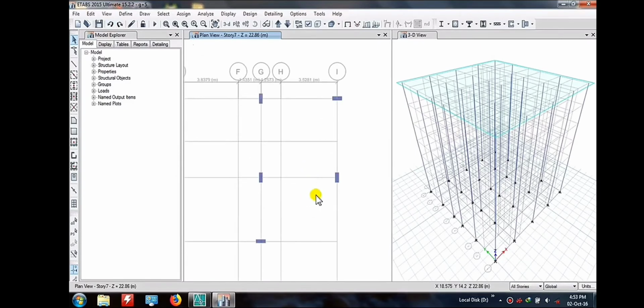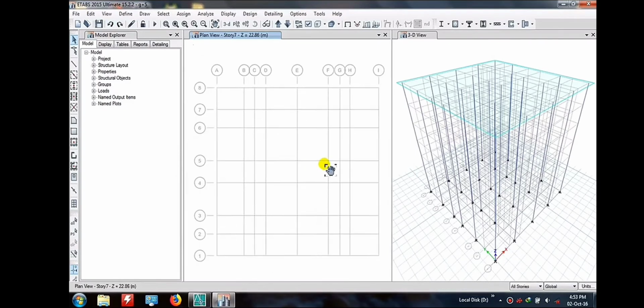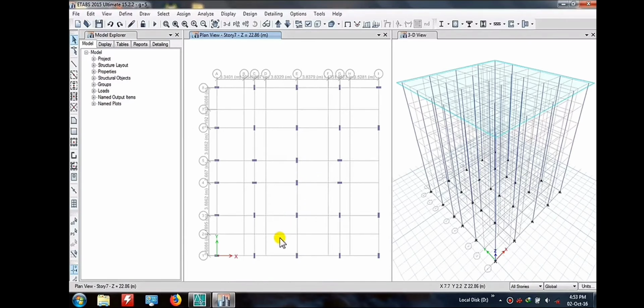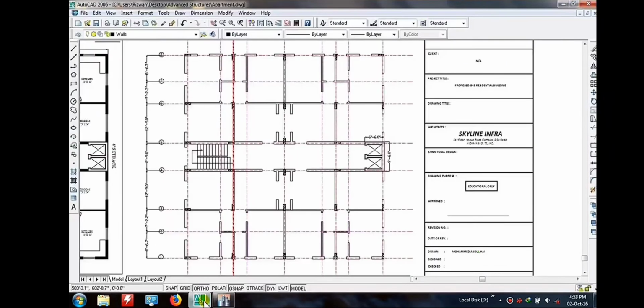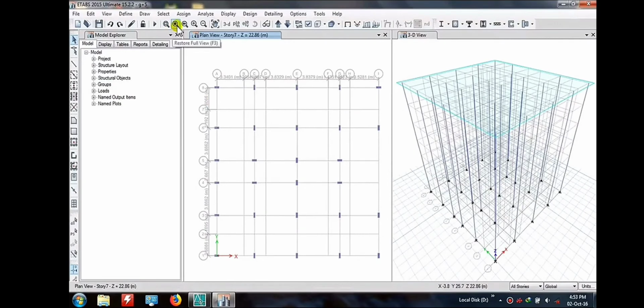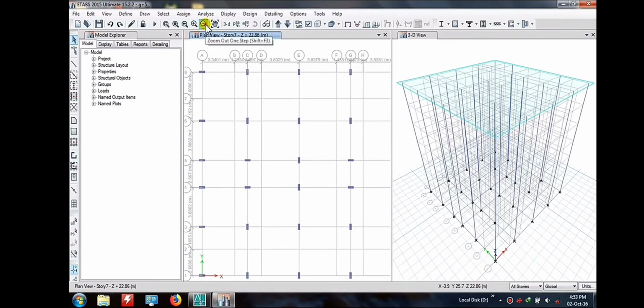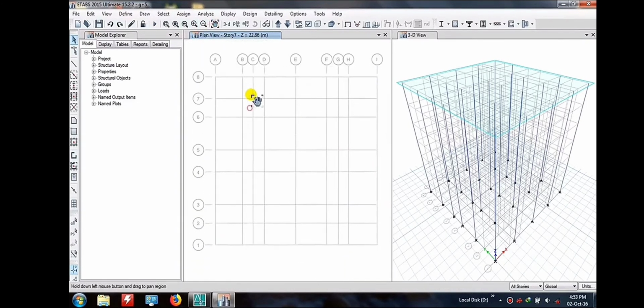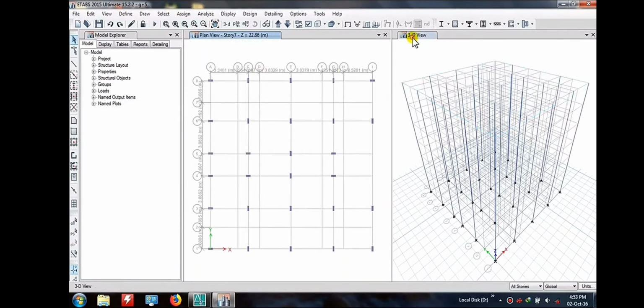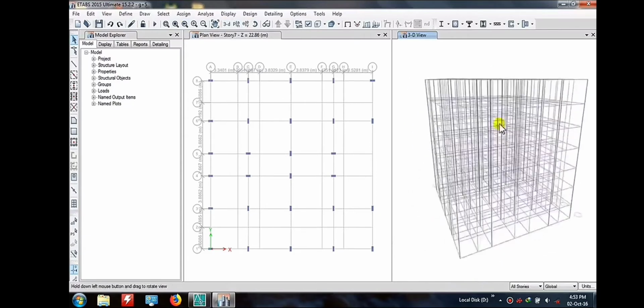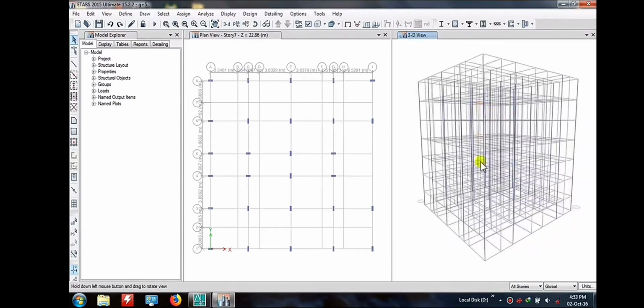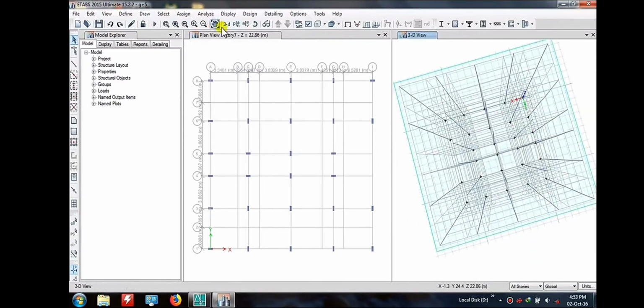Okay. So we had completed all our columns, all our column plan. You are able to see that we have completed all our columns and plan here and the similar 3D view.